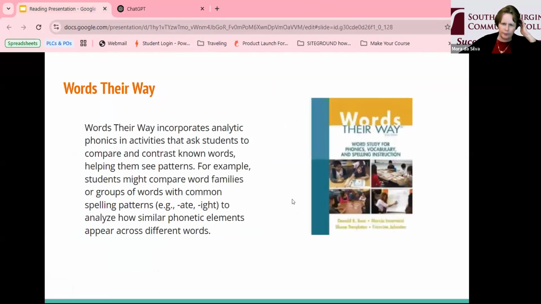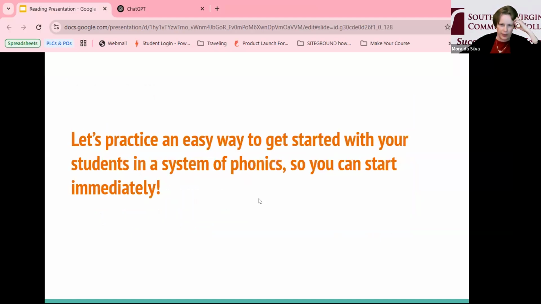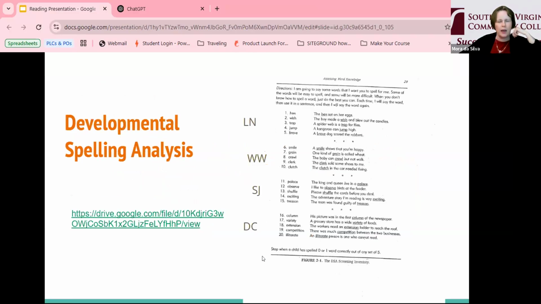Okay, so like I said, at UVA, I learned about this program. I had a semester or two in Words Their Way, and it was really one of the most important and pivotal things that I've learned for my career as far as being a reading specialist. So it incorporates analytic phonics, and you are able to diagnose and then teach phonics using this one program. And there is some synthetic phonics blended in there as well. So let's practice an easy way to get started with your students in a system of phonics so you can start immediately. Okay, so